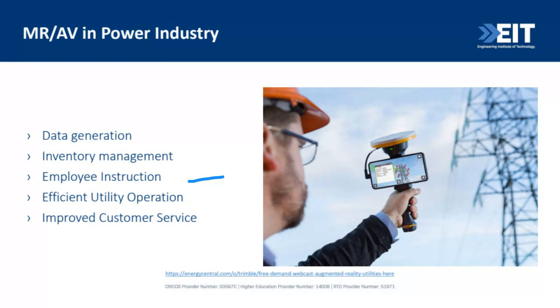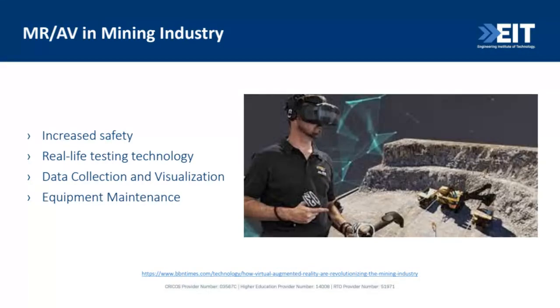Besides that, you have improved customer service as well. By combining AR with, let's say, things such as artificial intelligence, a utility worker can communicate with customers using smartphones to troubleshoot issues within the house. Imagine that. You are improving customer service to a large extent, making it much better than what it was before. So these are some of the examples. Because we're running out of time, I'm unable to go through all of them at the moment. So that's my fault.